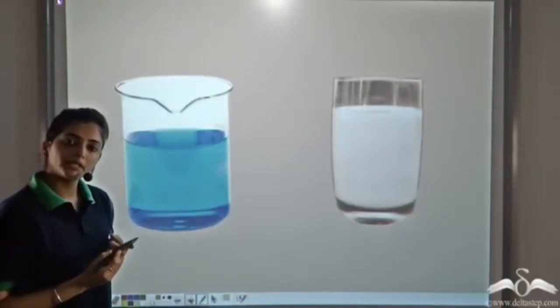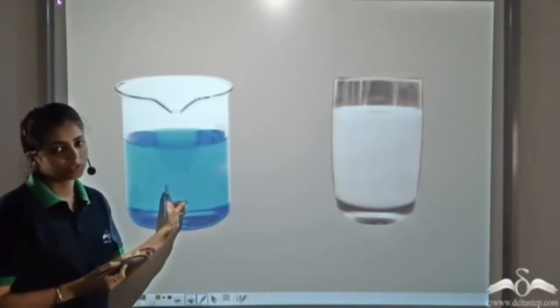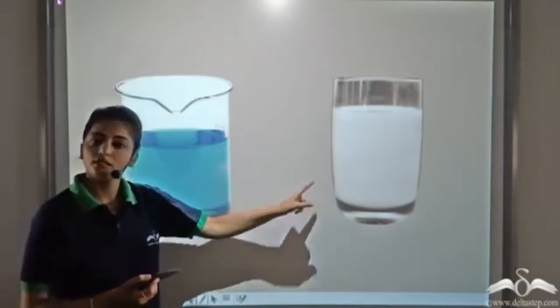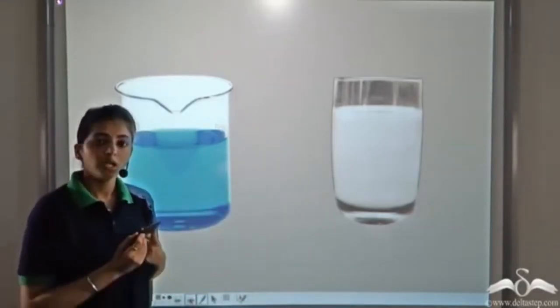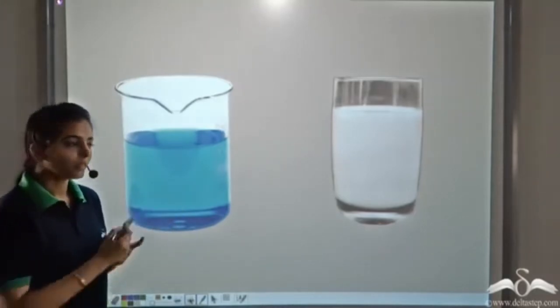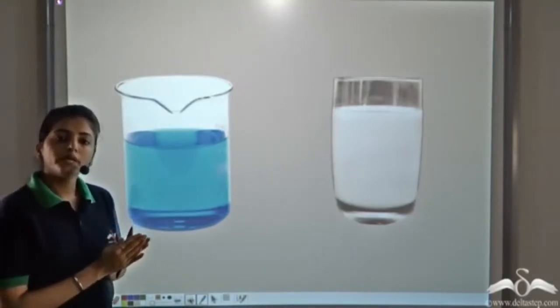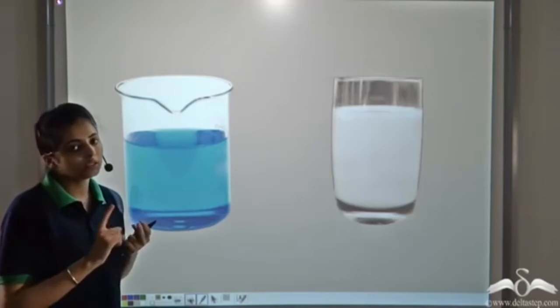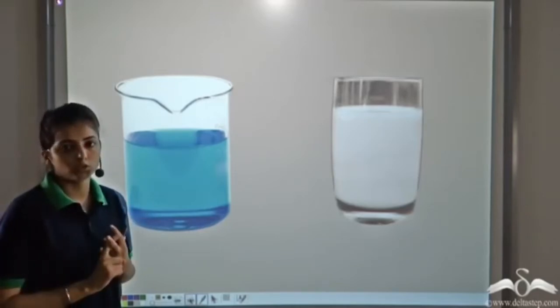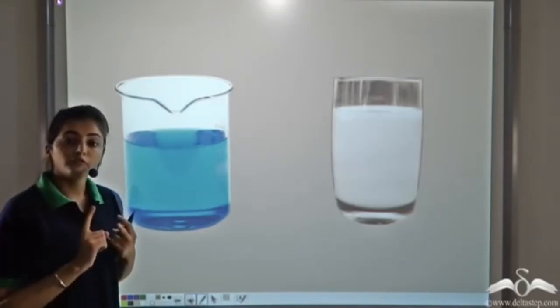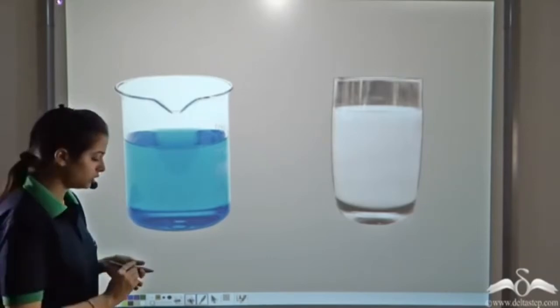Both cannot be separated by filtration, the components of aqueous copper sulfate solution and milk. They cannot be separated by filtration. And they are also stable. Both of them are stable. So how do we actually distinguish between a true solution and a colloidal solution? The first way to distinguish between the two